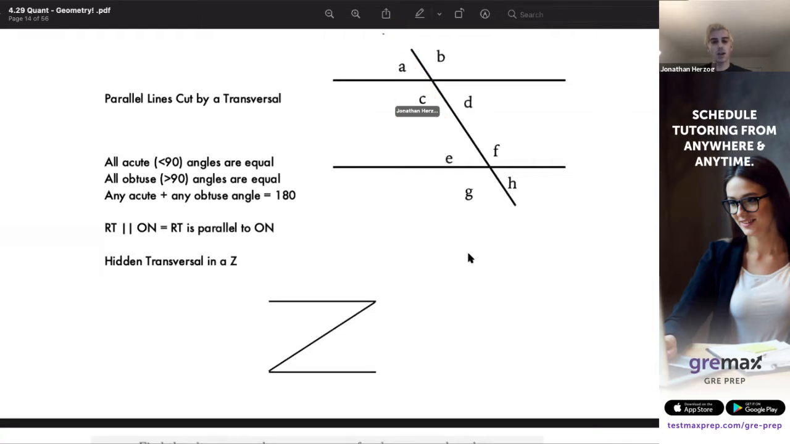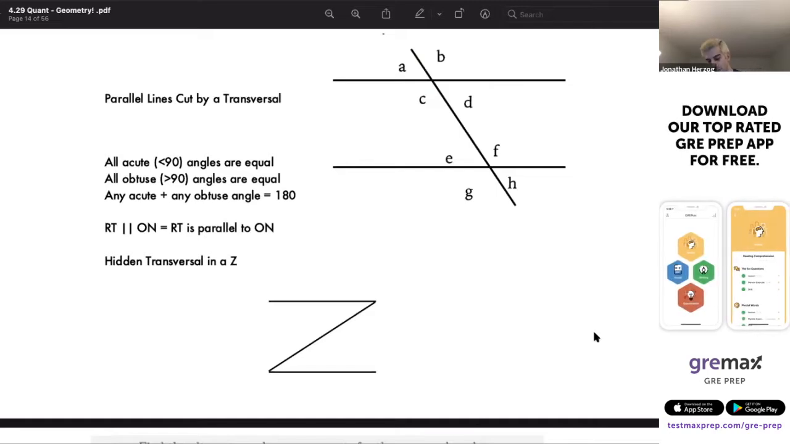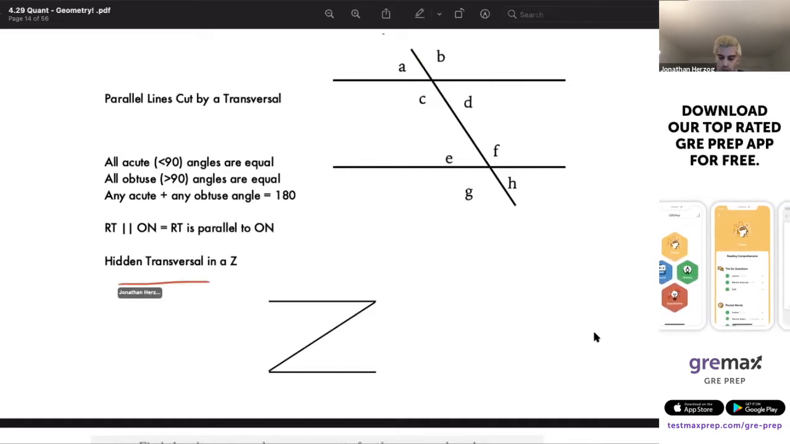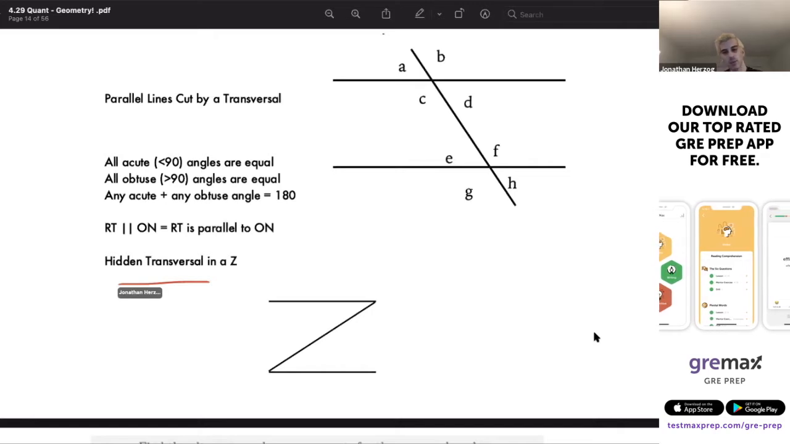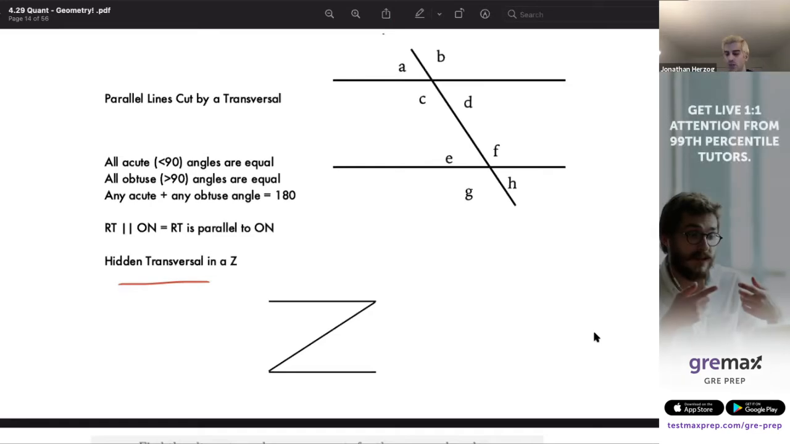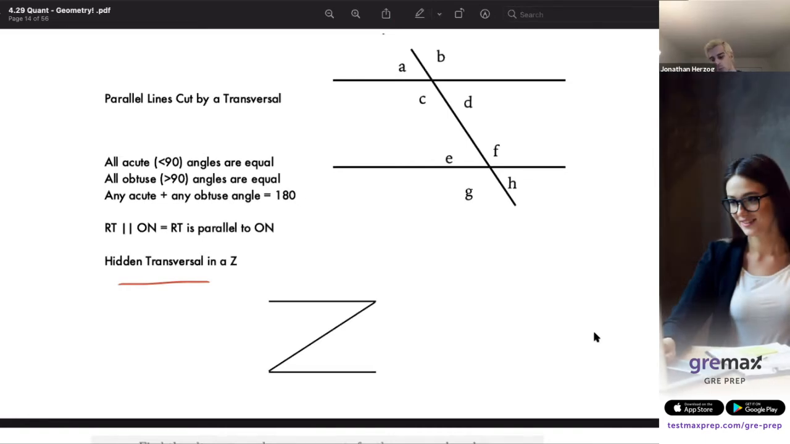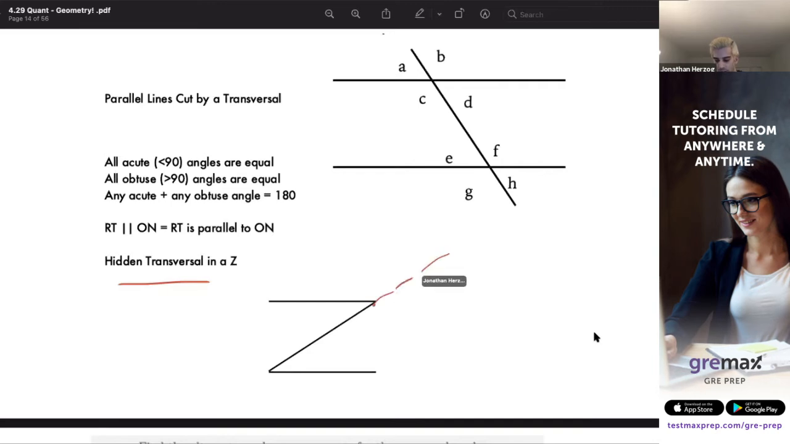The GRE loves to hide things in different types of wrapping paper. We've seen this countless times across all sections of the GRE. Let's take this hidden transversal in a Z. Sometimes, not only are images, particularly shapes when it comes to geometry questions, not necessarily drawn to scale, so you cannot make any unwarranted assumptions unless they're explicitly stated, but also there might be incompleteness to the images where inferences might be valid. For instance, if you were to extend this line